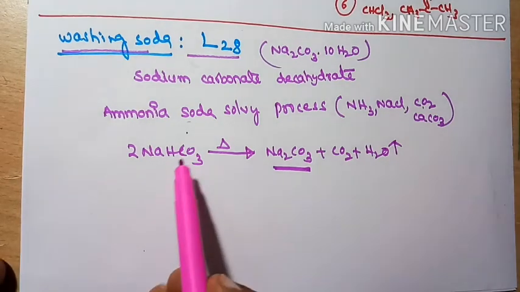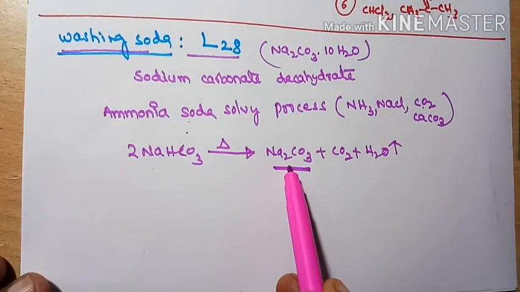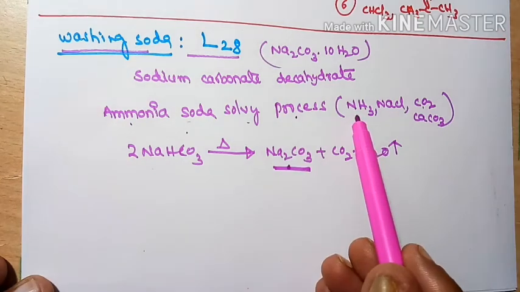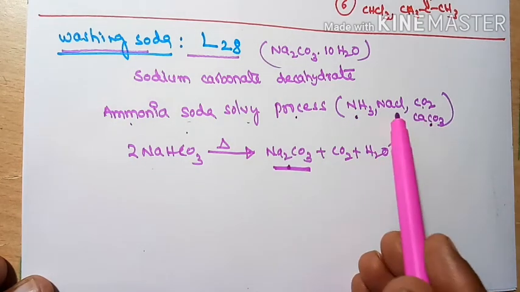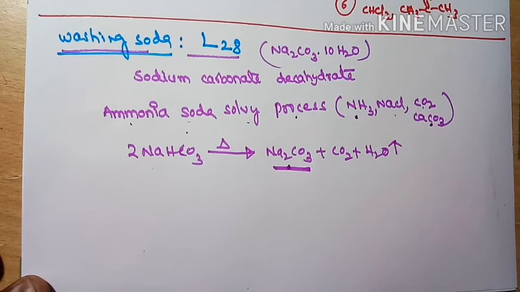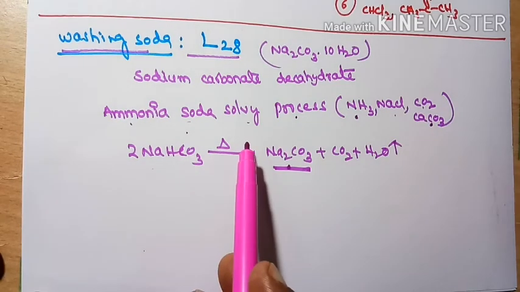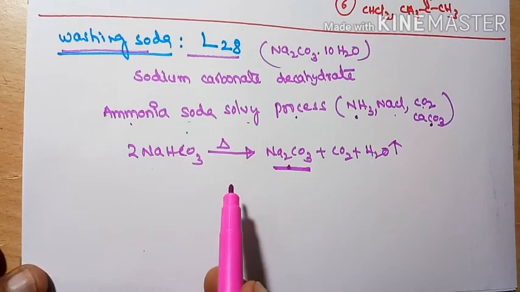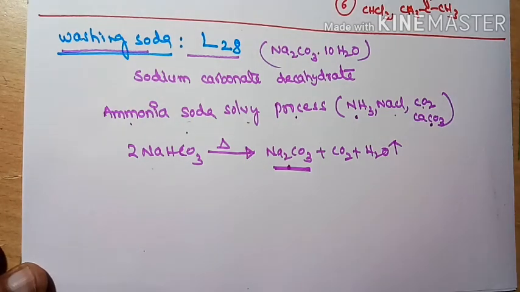In the intermediate standard there is the preparation of sodium carbonate by the ammonia soda process using an ammonia tower, a carbonation tower and reaction with sodium chloride. That is a different method, but I don't want to discuss it because it is not important for our examinations. So now let me concentrate on the uses.